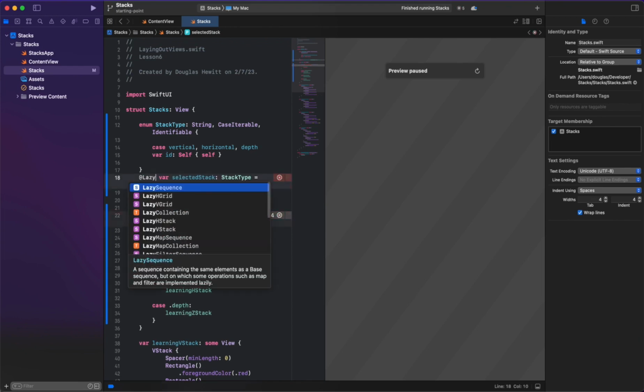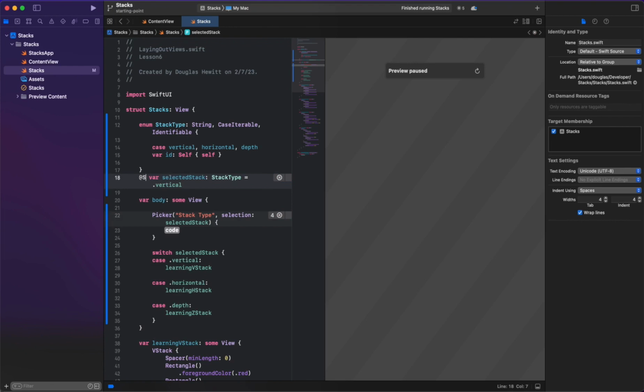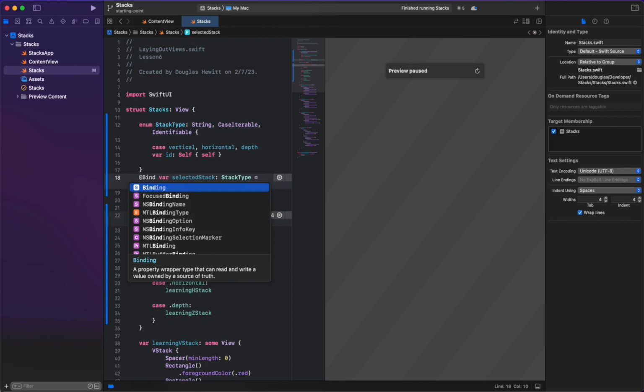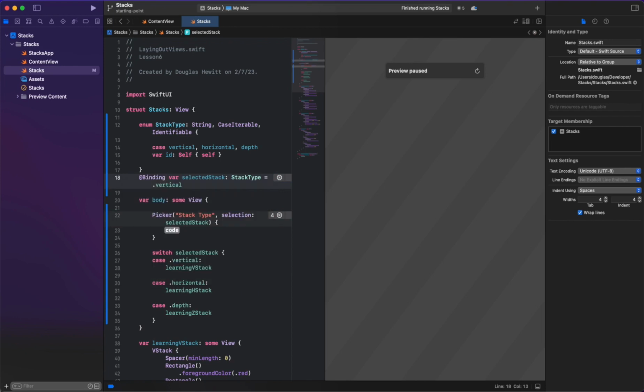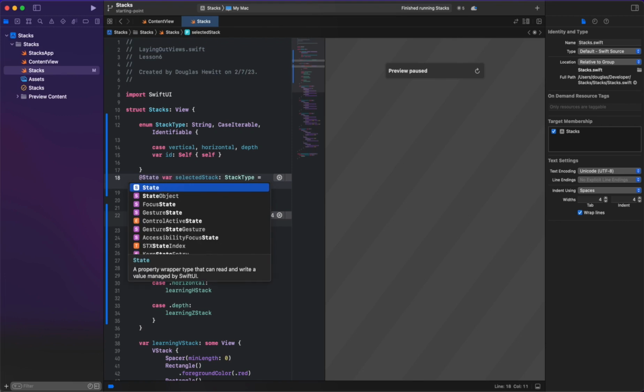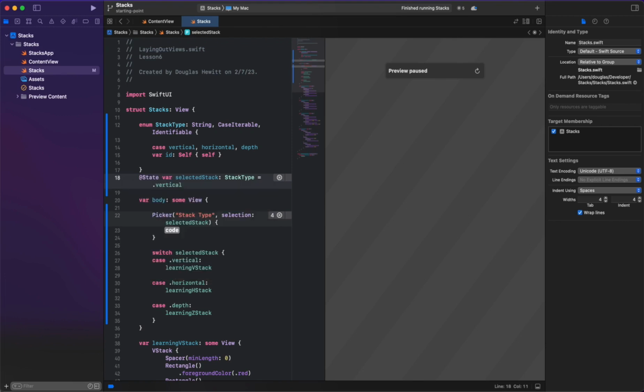You can have lazy, you can have binding, which is one. So you notice that binding that we were talking about. And there's something called state. And so state is indeed what we want here. What this property wrapper does is it is connected to this variable, and it affects different things, the variable. I won't get into all the details, but essentially what it does is it creates this